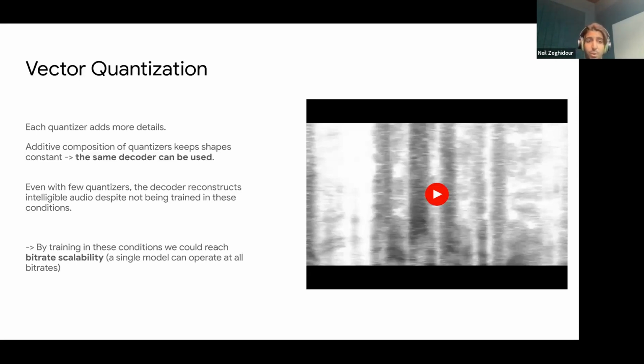And even though the model was always trained with 24 quantizers, at inference, what we do is that we remove some of them. The idea behind this experiment is that we just wanted to know whether, let's say, I remove half of the quantizers and I feed a partial embedding to the decoder, is it going to reconstruct something that sounds kind of okay, but just a bit worse than what it will reconstruct with all quantizers, or is it going to completely fail? Basically, we wanted to evaluate the robustness of the decoder to the actual number of quantizers that it received as input. So I'm going to mute myself